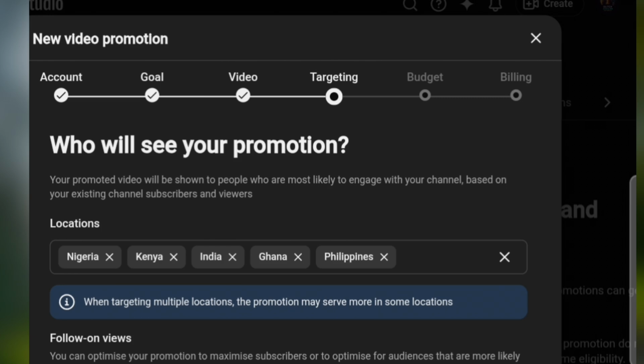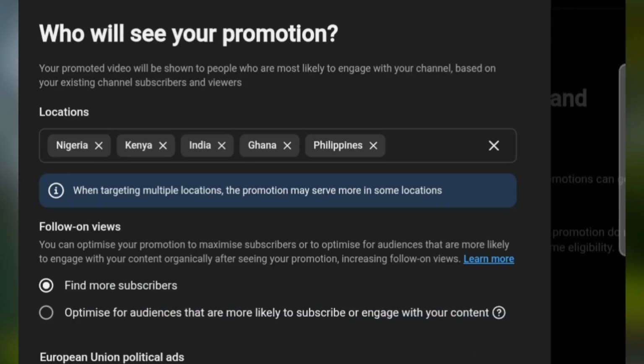Now you can see follow on views. You can optimize your promotion to maximize subscribers or to optimize for audience that are more likely to engage with your content organically after seeing your promotion, increasing follow on views. So what we're going to do is optimize for subscribers, which is the first option that is already checked. Now the second option says optimize for audience that are more likely to subscribe or engage with